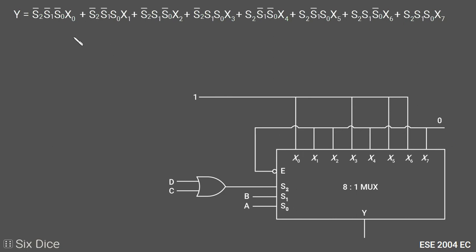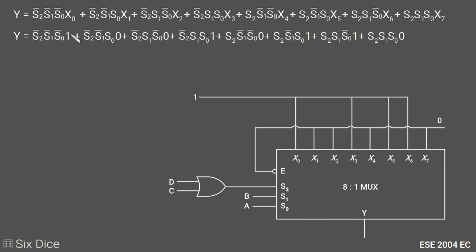So we will put a 1 at those 4 variables X0, X3, X5 and X6, and the others we will replace with 0. So all terms which are multiplying with 0 will vanish from our Boolean equation, and we end up with only 4 terms in the Boolean equation. All these 4 terms only depend on the S2, S1 and S0 values. Now we will put in the values of S2, S1 and S0.